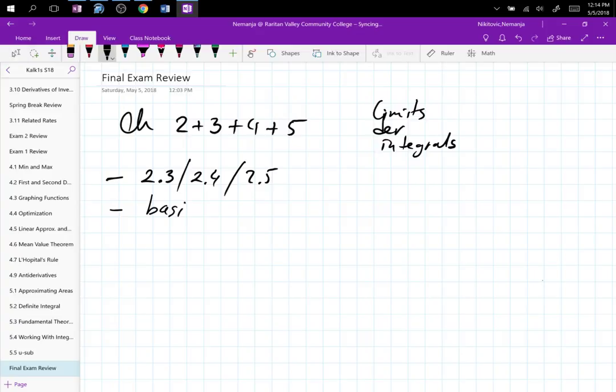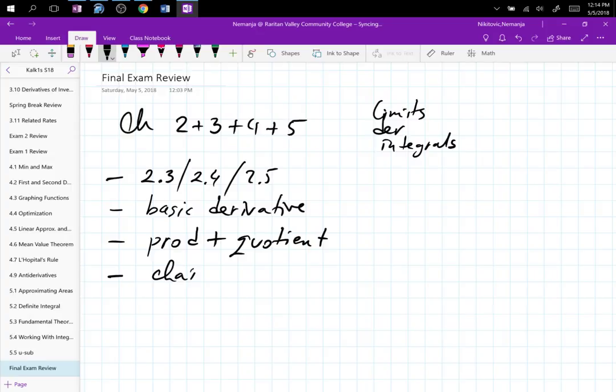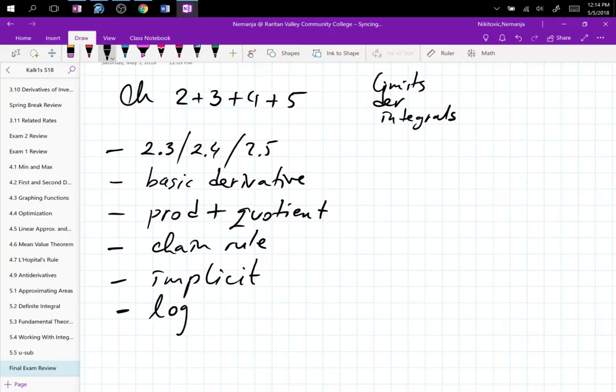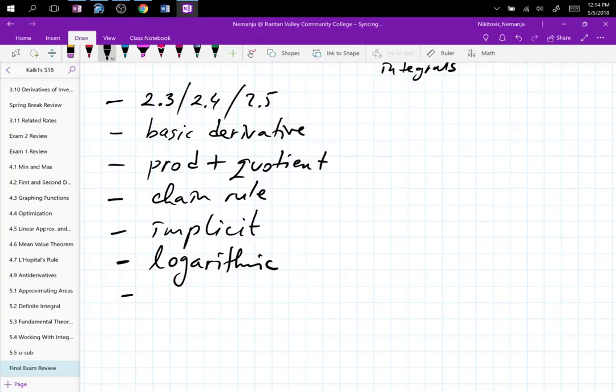So basic derivatives, product plus quotient, and then we have chain rule, and then we have implicit, and then we have logarithmic, then I have implicit, logarithmic, then I have related rates,